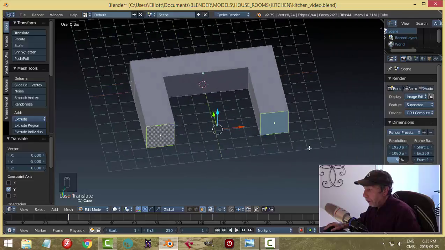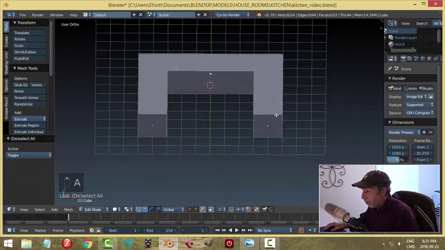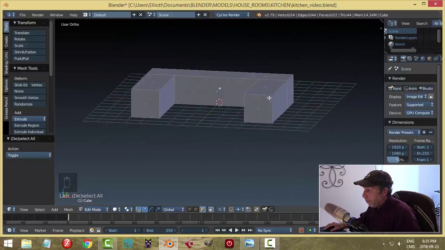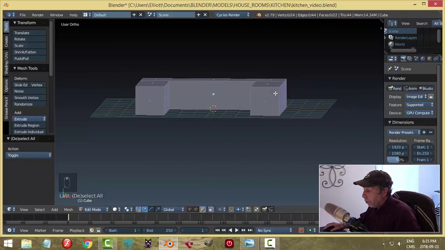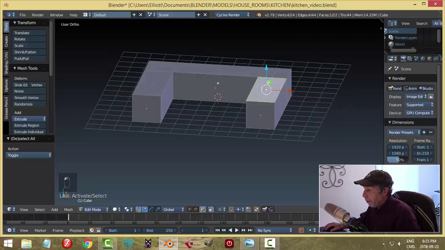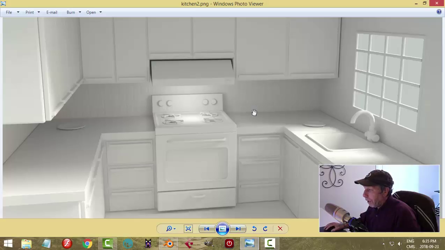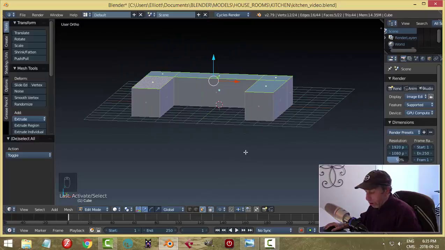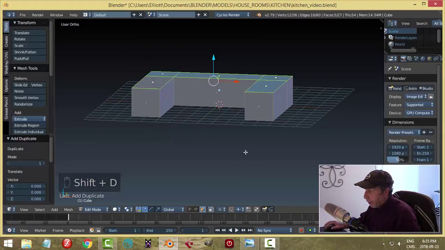That's good enough for now. Okay, so it just looks like a square C. Okay, very nice. Now what I'm going to do is, I think I'll select all these top faces, and I'm going to make, I'll show you, I'm going to make this the countertop. I'm going to select those faces, and I'm going to go Shift D,